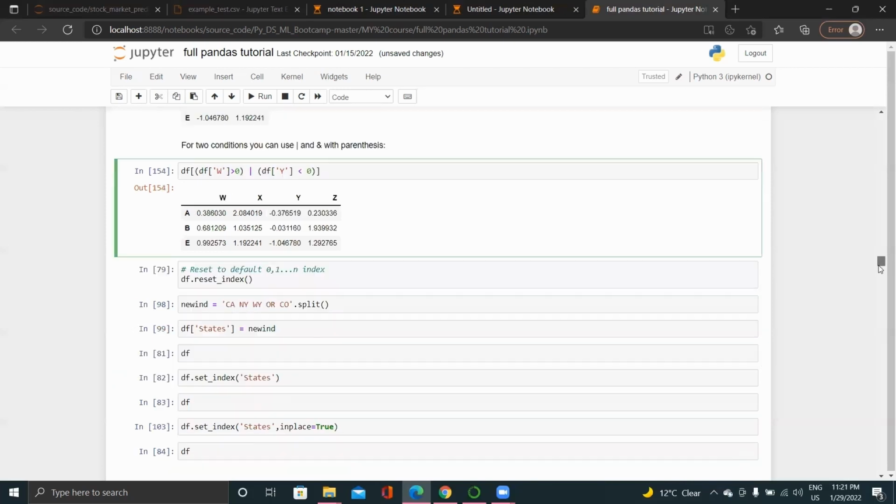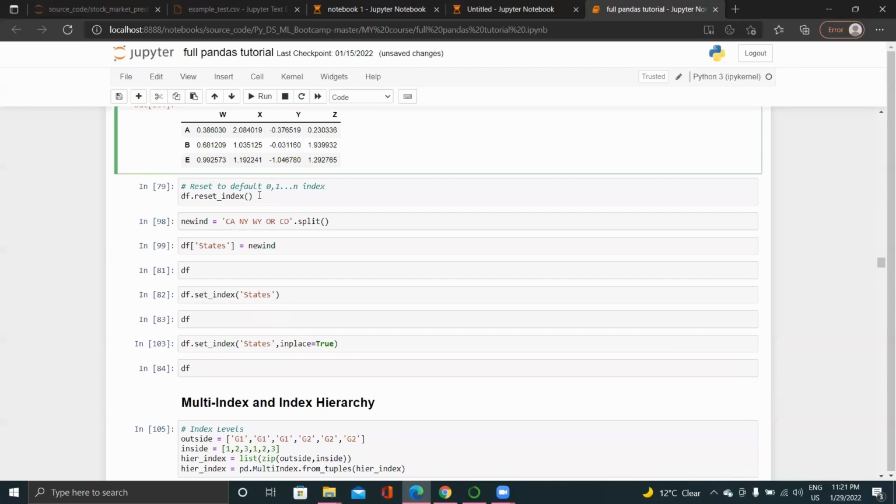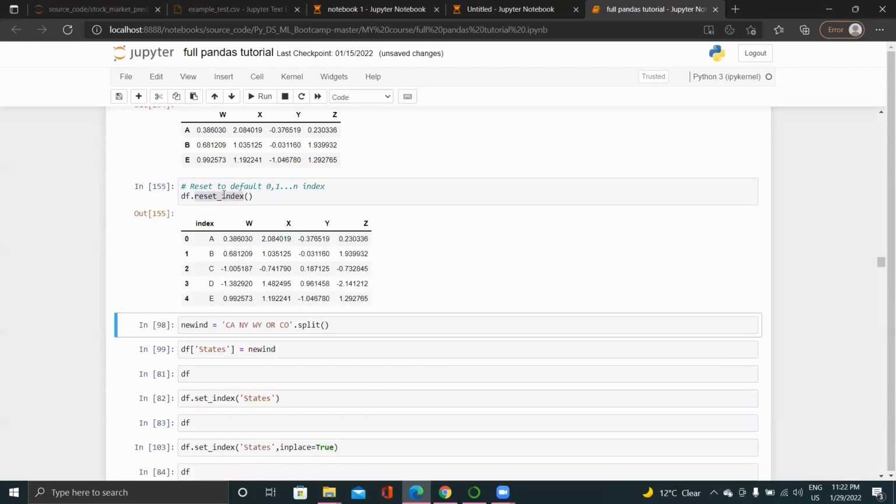Now for resetting the index. If we want to reset the index, we use the reset index function and see. Here the ABC index becomes a column, and these are the new indexes. Now for changing the 1, 2, 3, 4 values in this index with these,